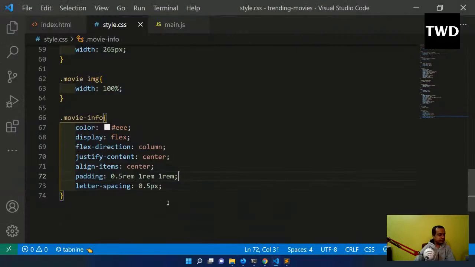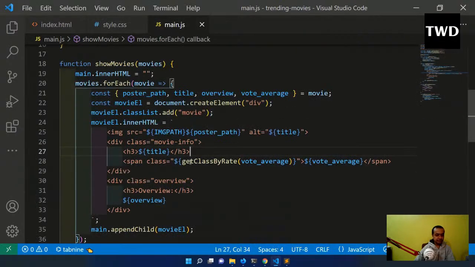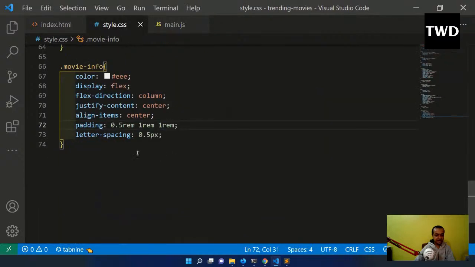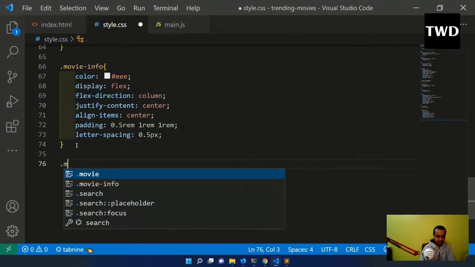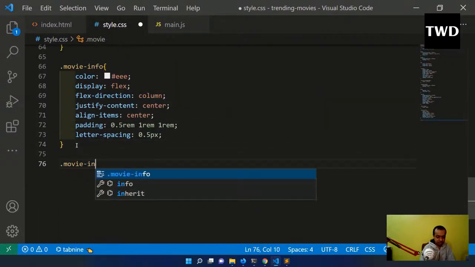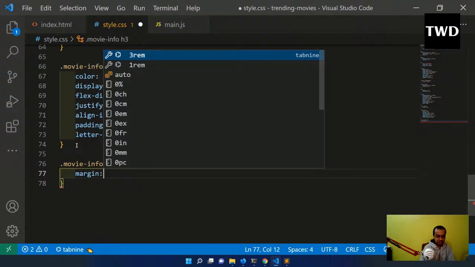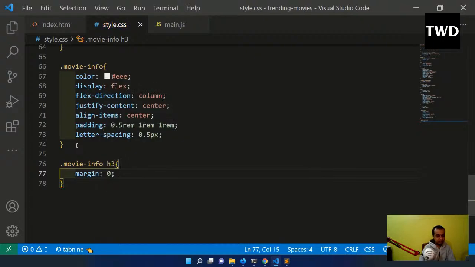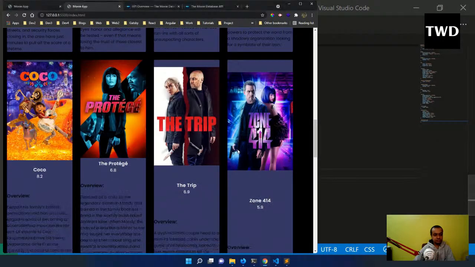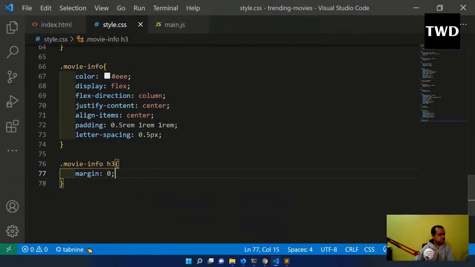Okay, so after this, in the movie info, I have an h3 tag, so I will target that. Dot movie-info h3, margin of 0. Margin of 0 is done. And then